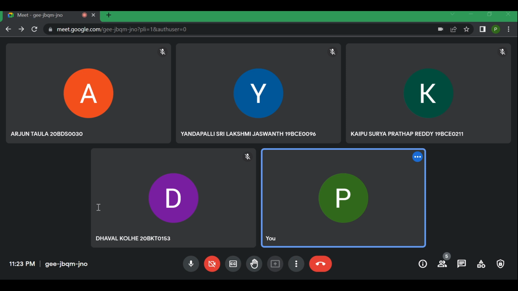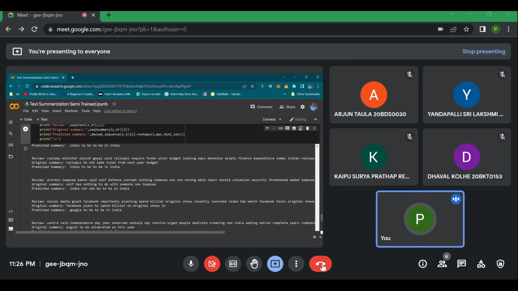This is the training of our model. Moving ahead, this is the data post-processing, as we can say. And these are the results, the main thing: the summary and the predicted summary. This is basically the result for the first 50 or 100 iterations, and this should be the result for further iterations.